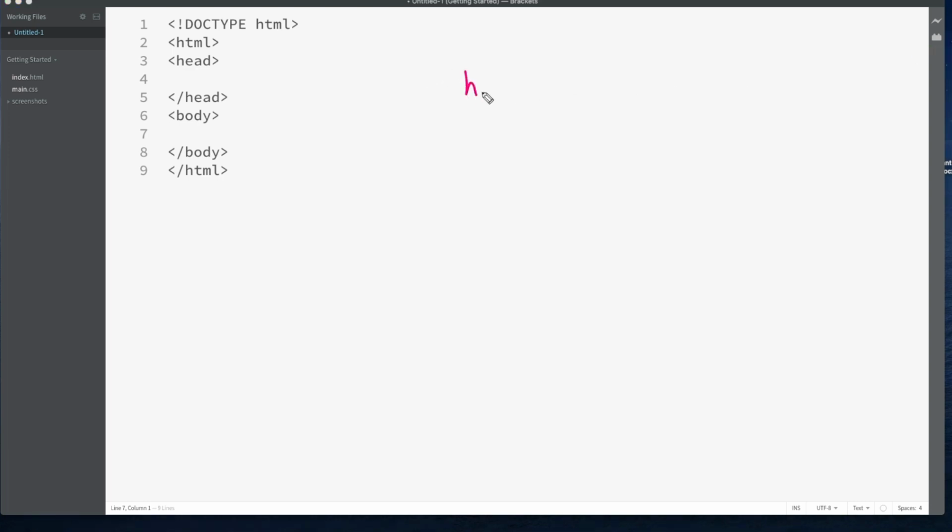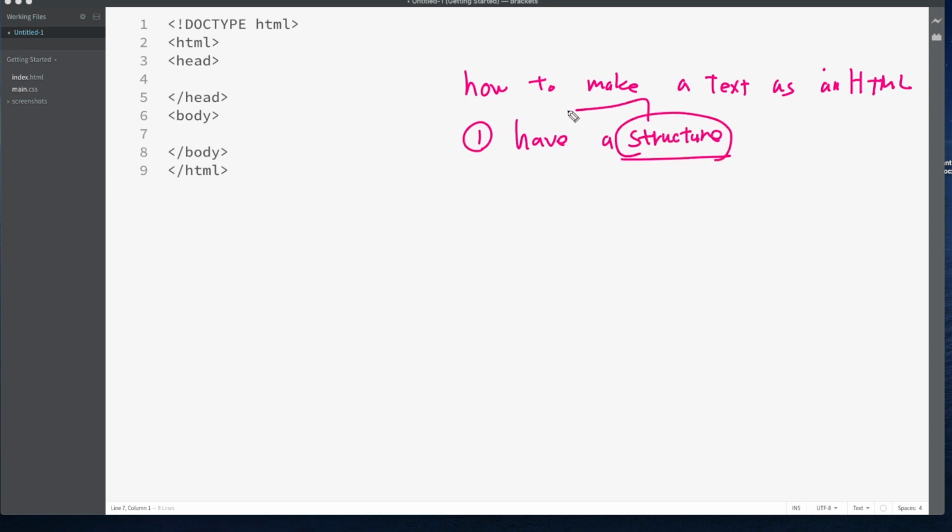So how to make a text as an HTML? Number one, have a structure. We are talking about holding this whole thing, right? So this is the structure that your browser recognizes as your HTML document. And number two,